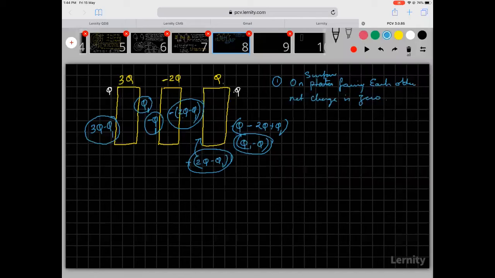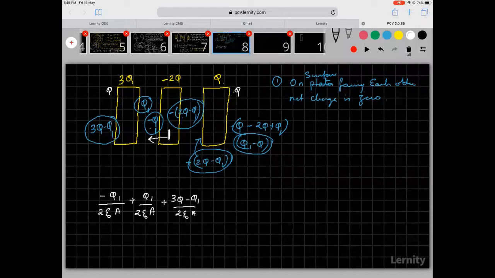So I'll go back to white. This time I'll check the electric field here. This minus q1 is going to pull onto this side, so I will write that as minus q1 by 2 epsilon naught A. I'll keep that as negative. This q1 is going to push it in the opposite direction, so plus q1 by 2 epsilon naught A. This will push it again in the same direction: plus (3q minus q1) by 2 epsilon naught A.